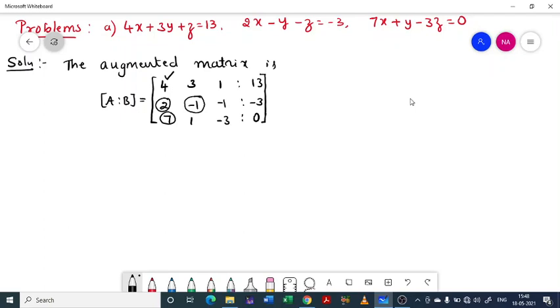So considering this, you have to make these two 0. And then when we come to the third column, you have to take this as the reference, and you have to make these two entries 0. So keep that in mind. You are not supposed to use minus 1 to make these two entries 0.